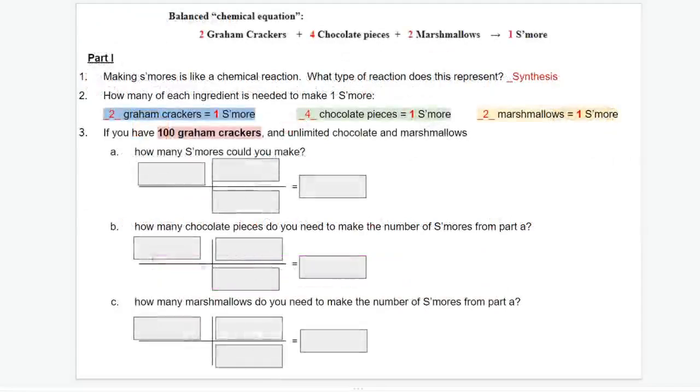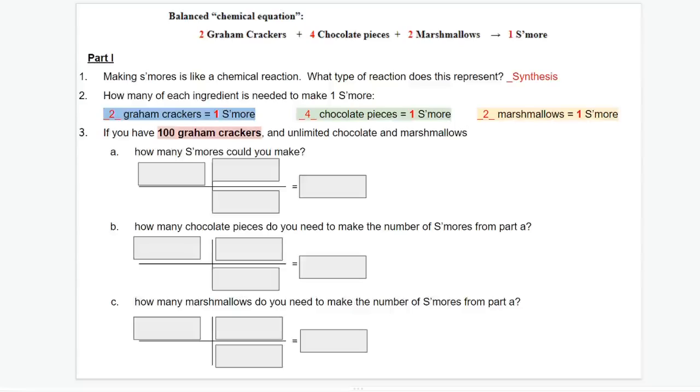So once again, I have the balanced chemical equation at the top there from the last slide. So now we're noticing that making s'mores is a lot like a chemical reaction. Which of those 5 chemical reactions that we learned about does this represent? The answer is a synthesis reaction. Remember, a synthesis reaction has 2 or more reactants that combine to form one product. So here I've got 3 different reactants, graham crackers, chocolate, and marshmallows, and they yield only one type of product,